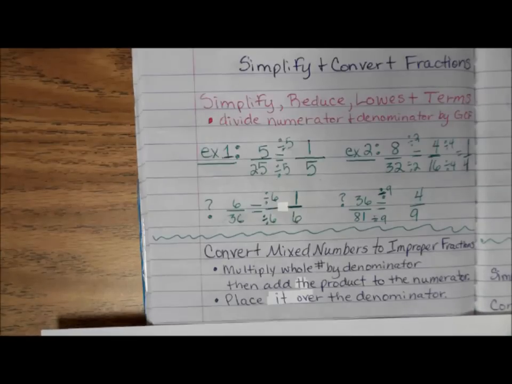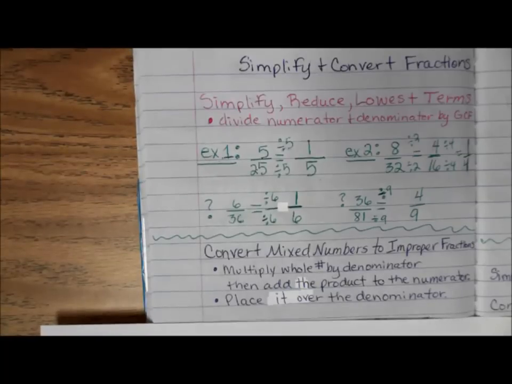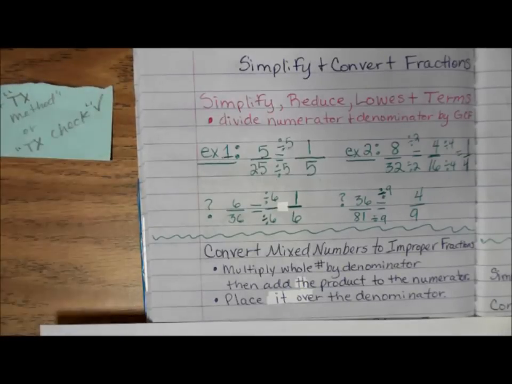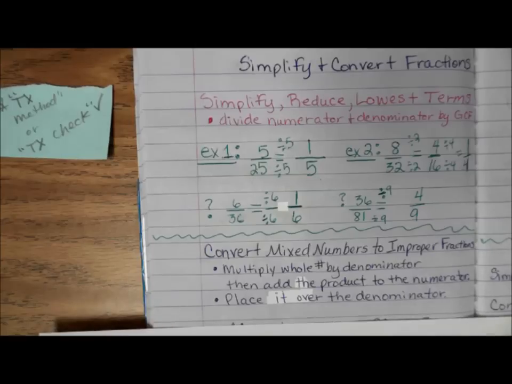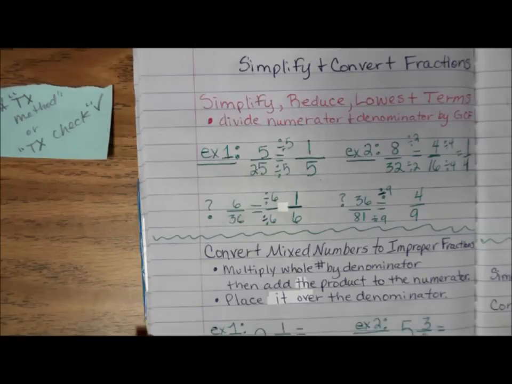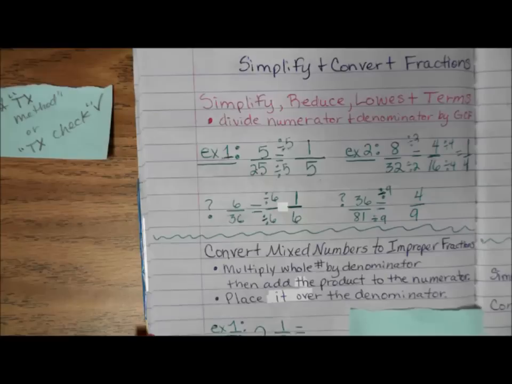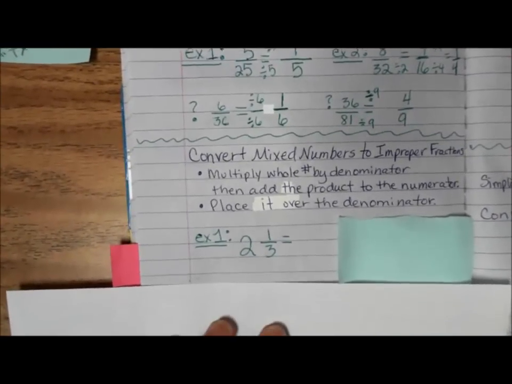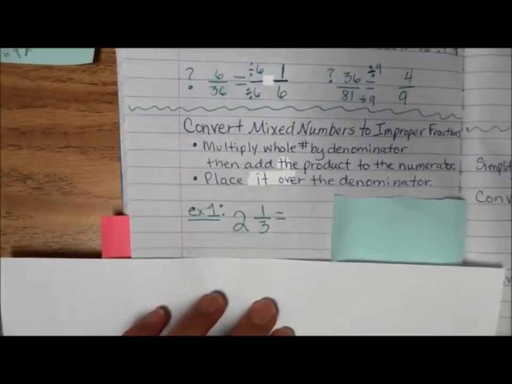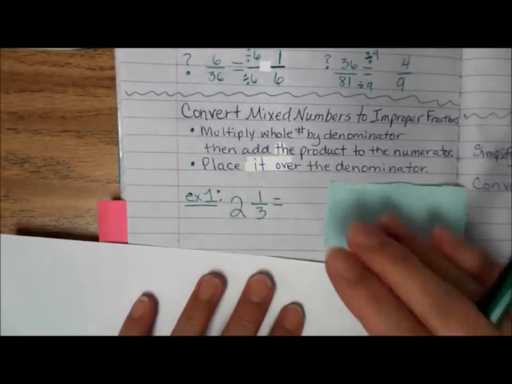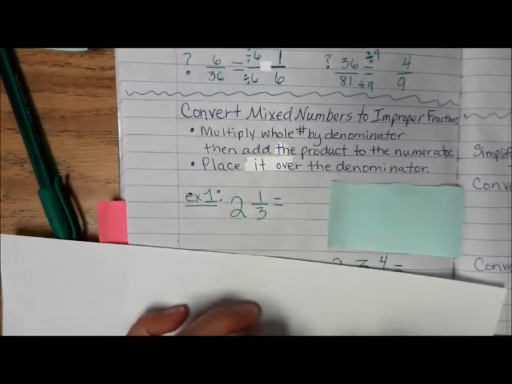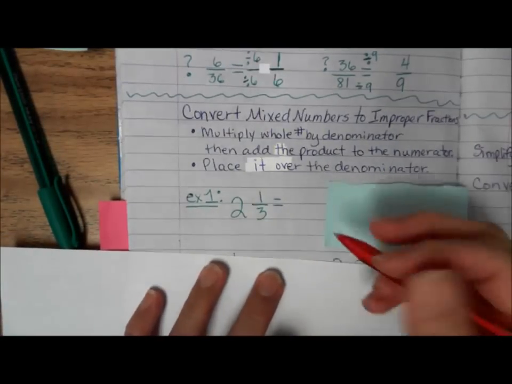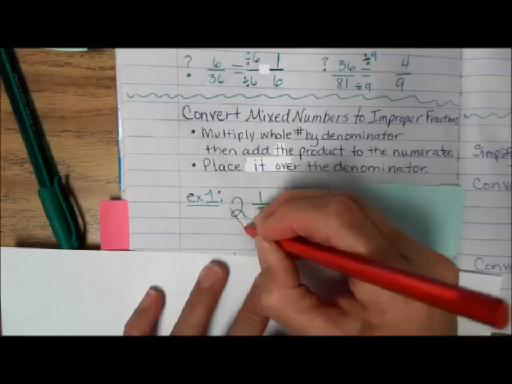It sounds confusing when you read it like that, with all the words. But you guys have heard of it as the Texas method or the Texas check. All right, so let's go ahead and copy this first example down, if you can see it. All right, so we're looking at 2 1/3. All right, so if we do the Texas method, or I always make the big check mark,